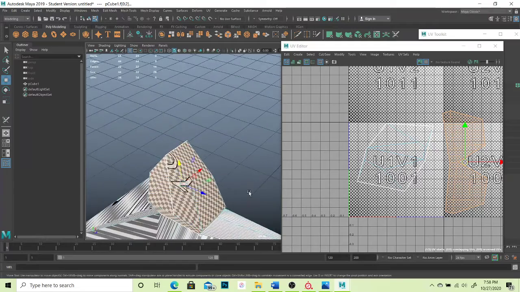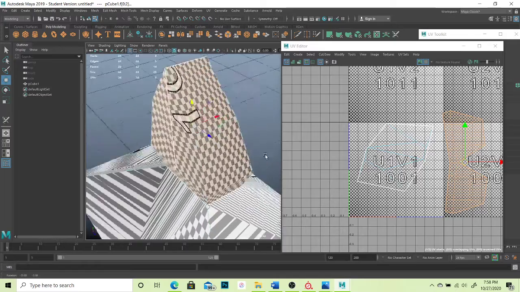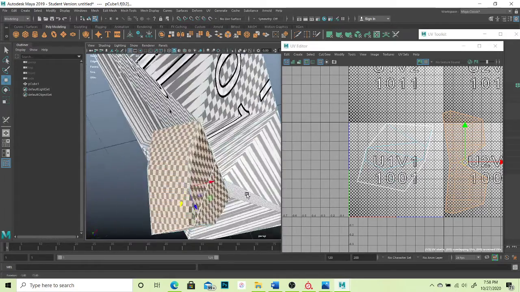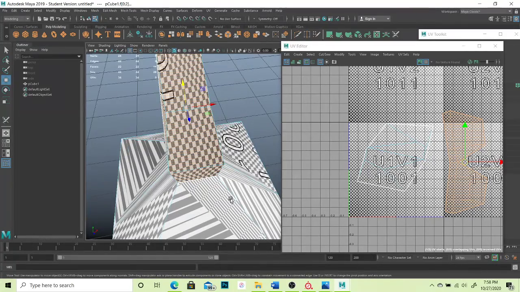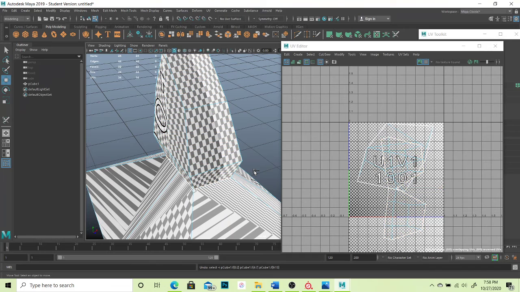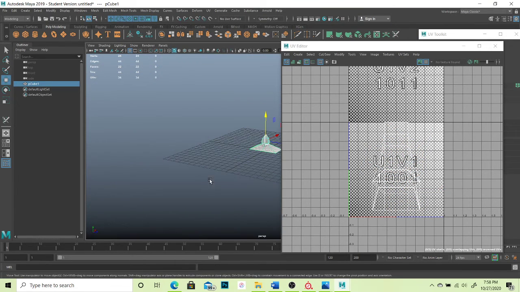And I could have gone in here and sliced every side open, but it's not really necessary as long as you can get it pretty close. But you can see the bottom is an absolute mess, which is fine. So we go in there and we undo what we just did and stop unfolding. And go back to